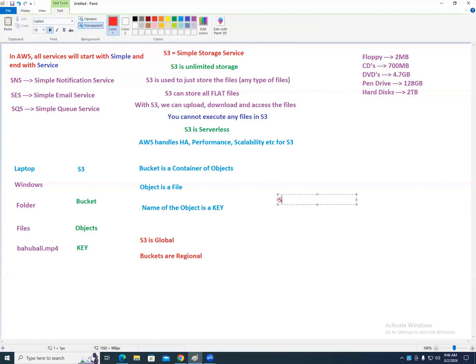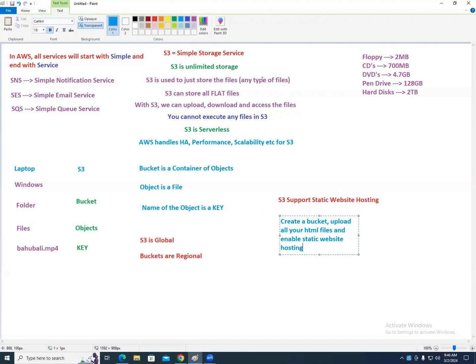So here S3 supports static website hosting. What you need to do is simply create a bucket, upload all your HTML files, and enable static website hosting.